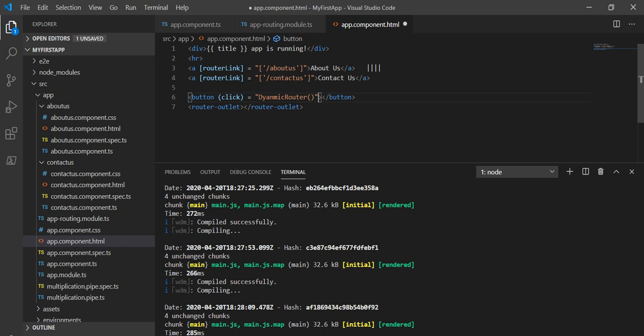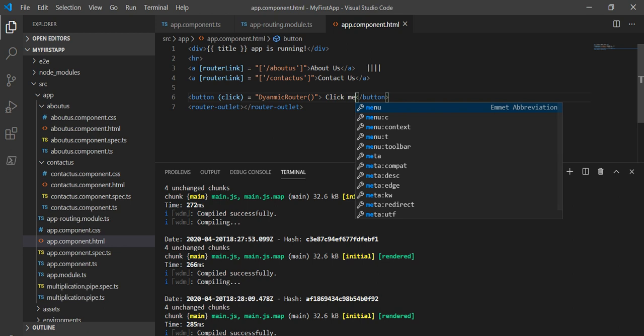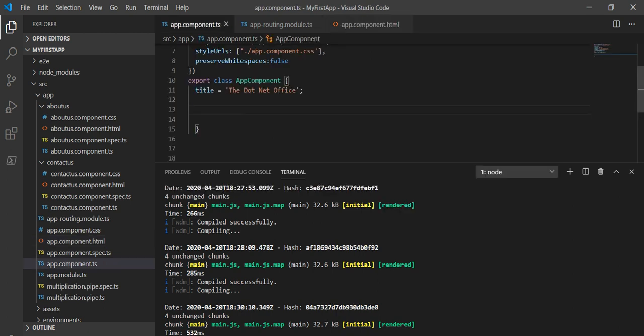Now I will use this function name in the component page. Here I will give this button the name click me. Now go to the component.ts class.